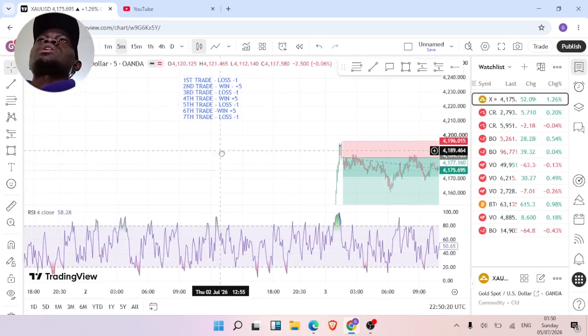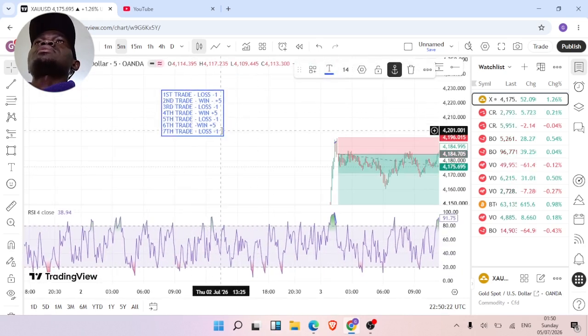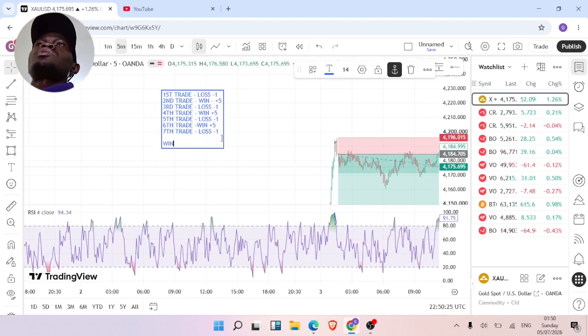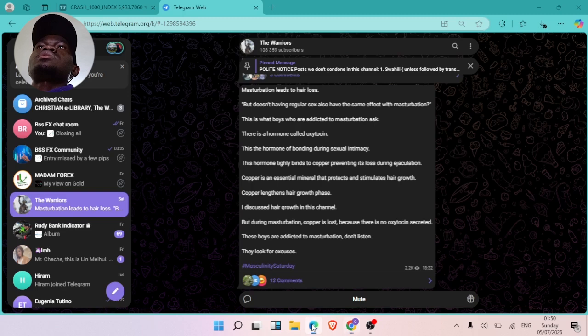And now let us count the wins and the losses. The wins were how many of these? 1, 2, 3 of them. And losses, how many are they? This is 1, 2, 3, 4. So these are a total of how many trades? 7 trades. 7 trades. So you can see the win rate for this strategy is around, let's see, where is